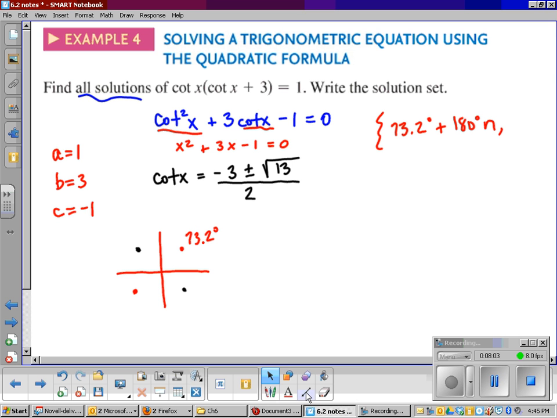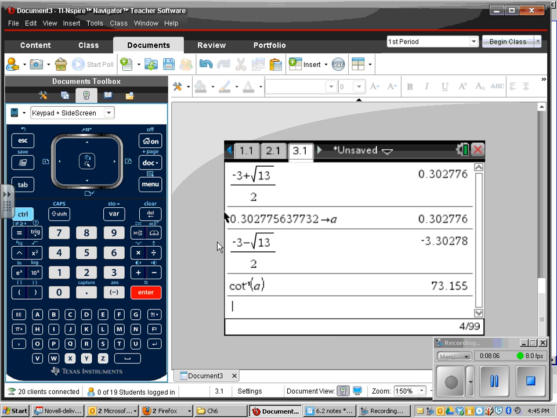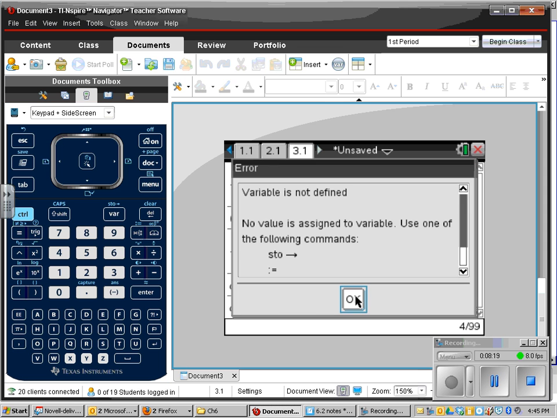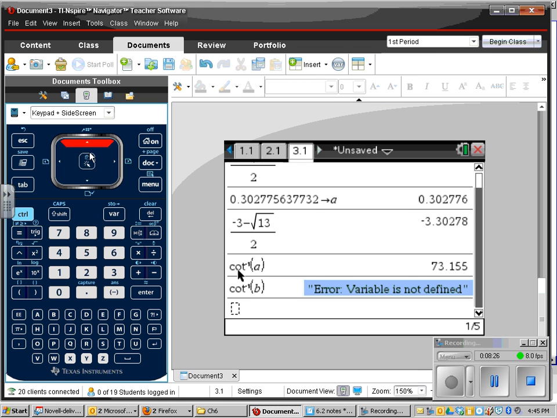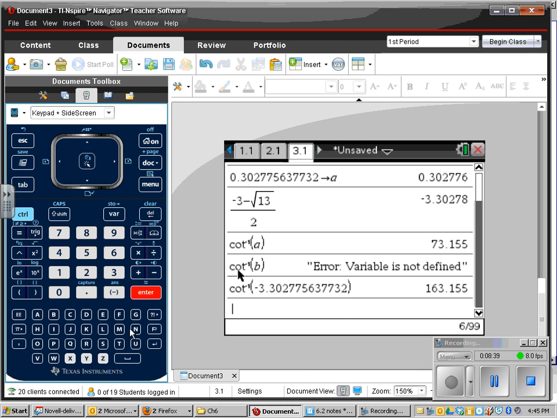Now we need to get the negative values. So again, I'm going to use the cotangent inverse, and this time I'm going to use the negative value, which is b. I thought I defined that, but I forgot to save it. So let me just go back here, and then I'm going to go up and highlight that negative value. This is another way you could do it without storing the letter. And I get